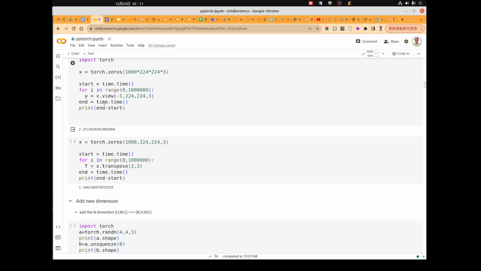We can test this by benchmarking with the program here. We initialize an array of 224 by 224 by 3 images, and we have 1000 images. So this is really a very big array.